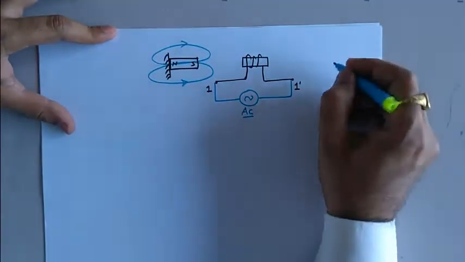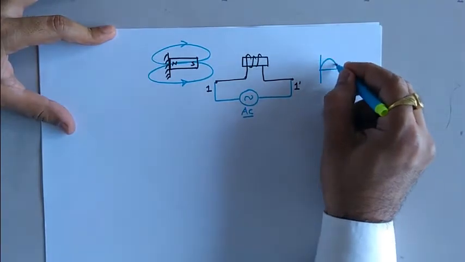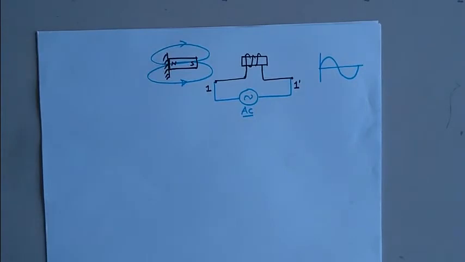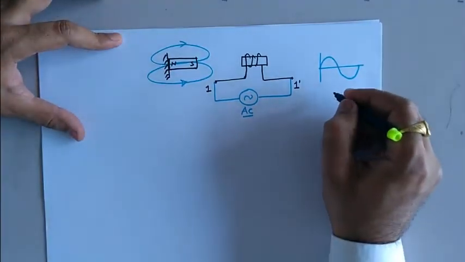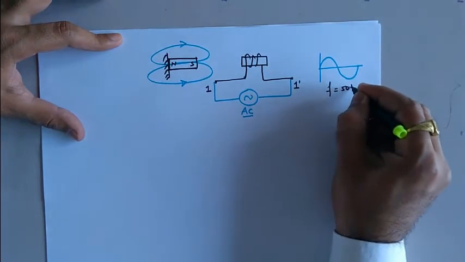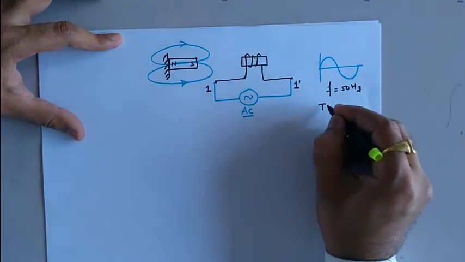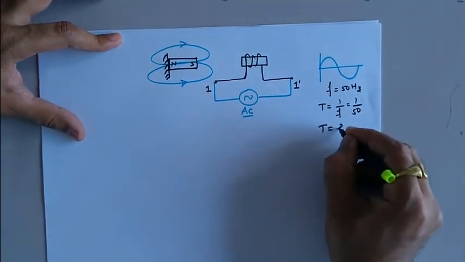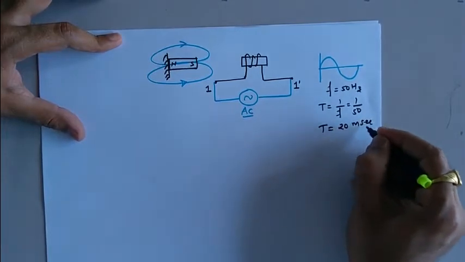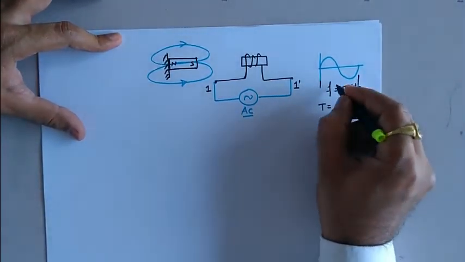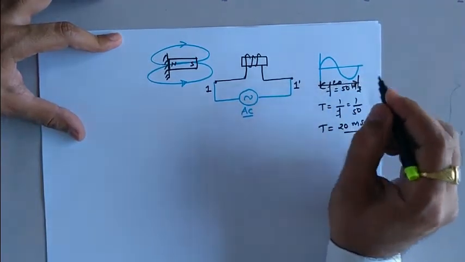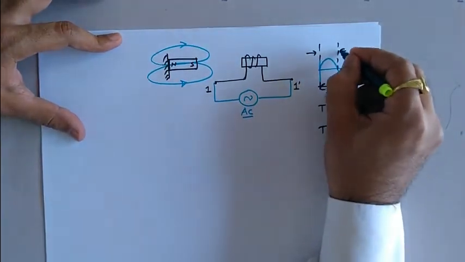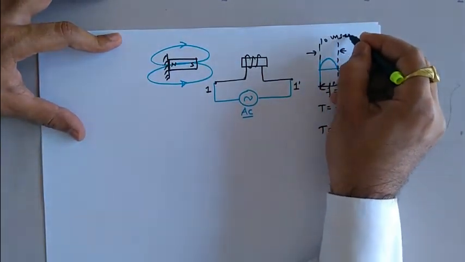Now when I say AC, that means the input quantity is alternating in nature. That means it is continuously varying with respect to time depending upon the supply frequency. In India, normally we prefer a supply frequency of 50 Hertz. If you calculate the time period, it is 1 upon f, which is 1 by 50. So I can write the time period as 20 millisecond. If you divide it by 2, this is around 10 millisecond.